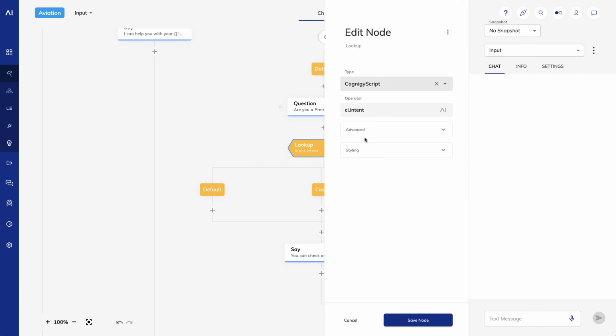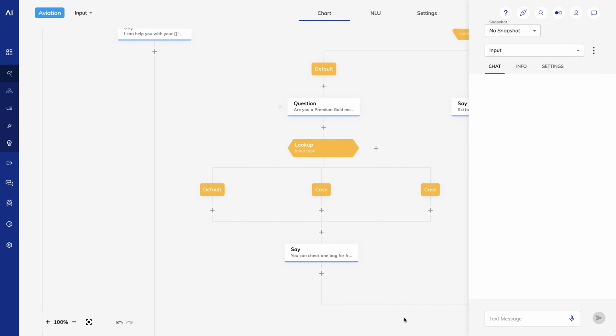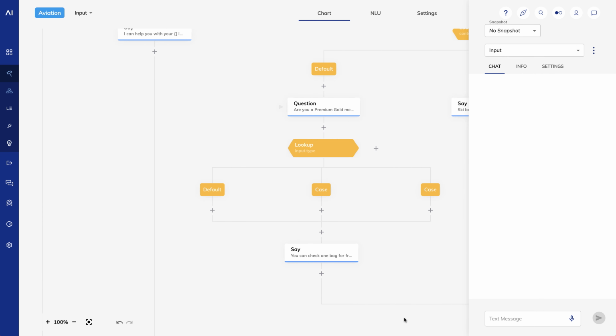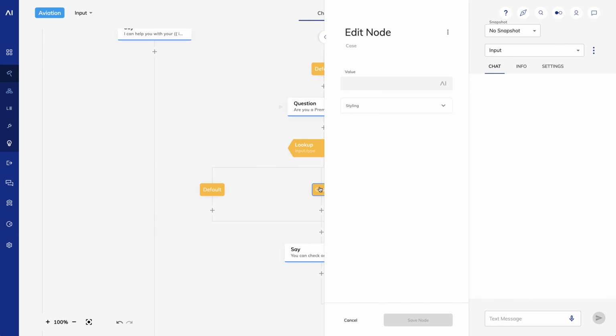For my operator, this is the value I want Cognigy to examine, I'll add the type field. I happen to remember that this is just input.type, but you could also get that from the Pathfinder. Just remember to change the X to input, since we're getting the type value from the input. In my case nodes, I'll make one p-answer and one n-answer.